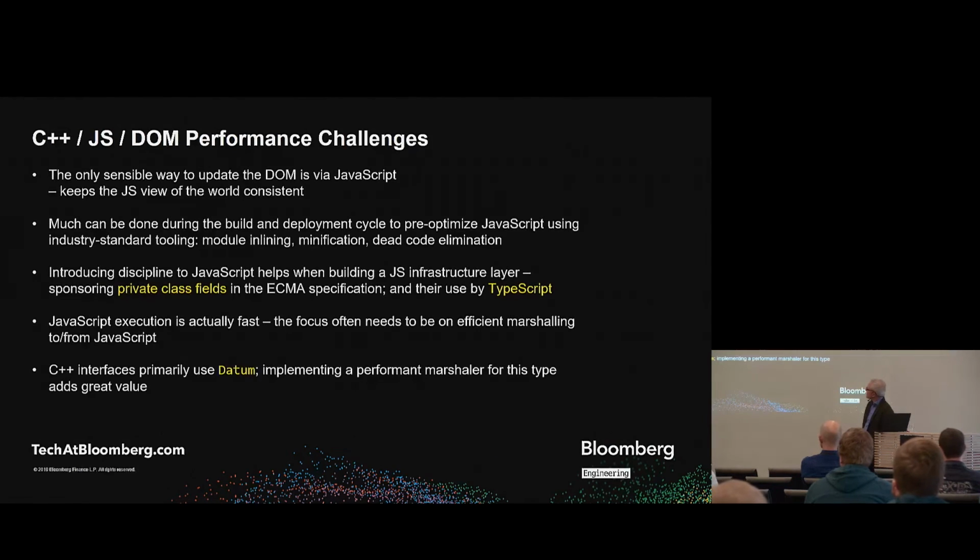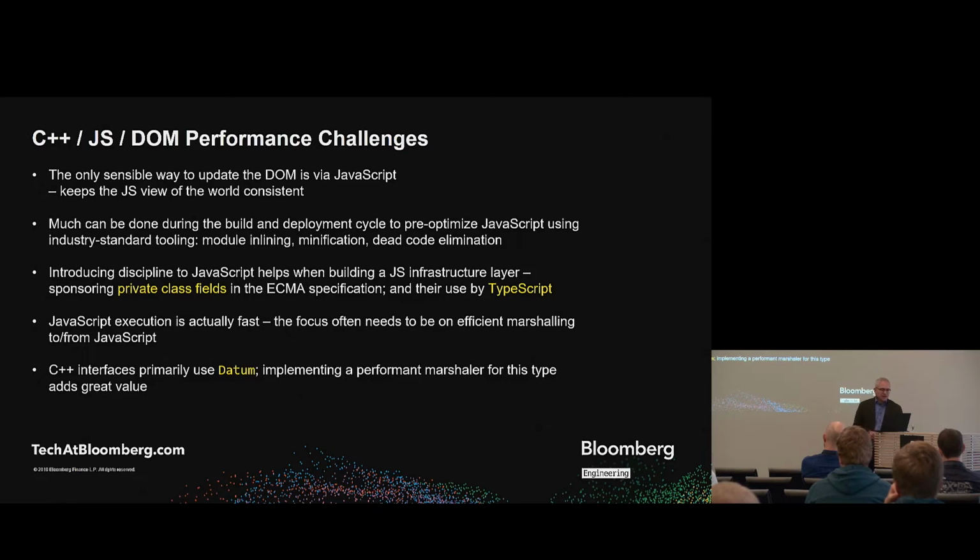So what are some of the challenges to make this work really well? As I said, we have to use the DOM to update JavaScript. To write efficient JavaScript, we use tools to help us a lot. We have built into our CI and deployment systems pipelines that do a lot of pre-optimizing of JavaScript using industry standard tooling: module inlining, minification, dead code elimination, and so on. Get rid of all the comments. You don't need to keep remembering that this stuff is going to be interpreted when it first hits the